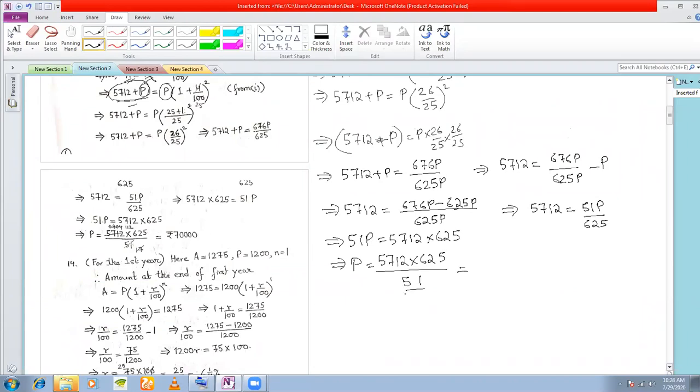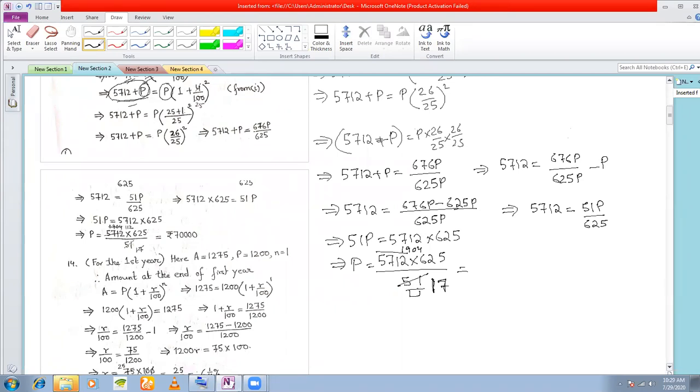Okay. So now this 51 is divisible by 3 because the sum of the digits is divisible by 3. Even this, if you sum up the digits, it will be divisible by 3. So you can cancel with 3 to get 17, and you can cancel this to get 1904. Now 17 will cancel with this. You will get an idea because most of the time it will not come to a fraction. So 1904 has to cancel with 17. But the question is by how much?